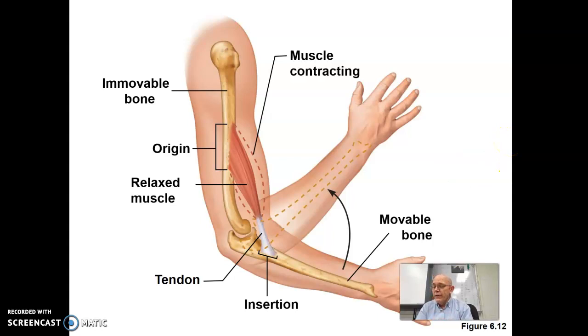Now, one of the things we talk about with muscles, number 17, muscles can only pull. Your biceps pulls your arm up. Your triceps pulls it down. It's not like your biceps pushes it back down. You can't push. It's like pulling on a rope. You can pull on a rope, but you can't push on a rope. If you have a horse or something on a rope, you can pull them forward, but you can't push them backwards. And so muscles can only pull, and that's why you have to have pairs.